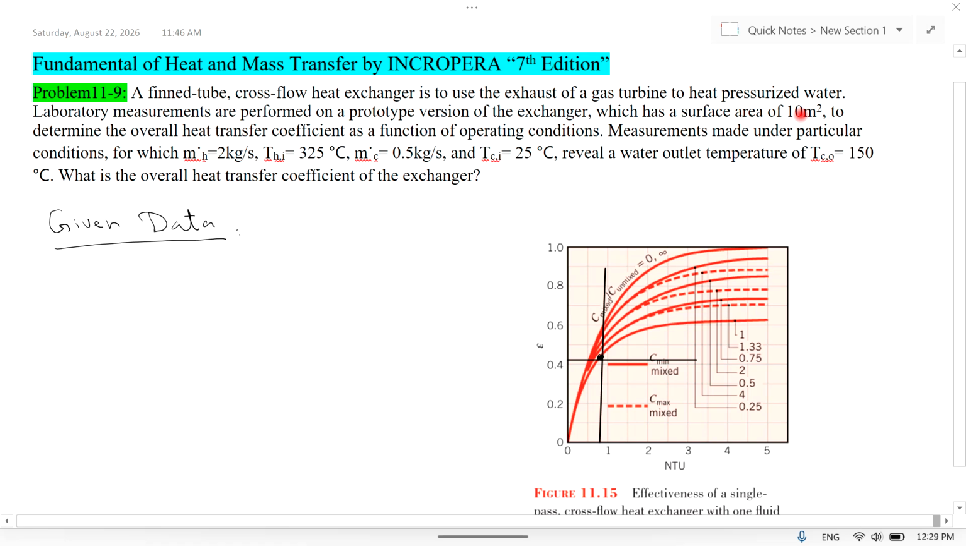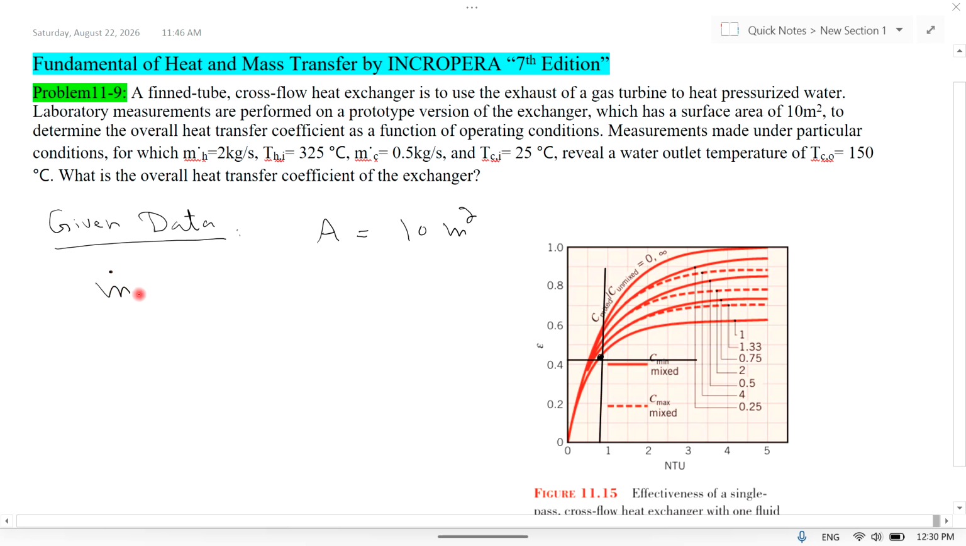It means that we know the exhaust from the turbine has a very high temperature and the temperature of the water is low. So we will have to heat the water with the help of the exhaust of the gas turbine. Preliminary measurements are performed on a prototype version of the exchanger, which has a surface area of 10 square meters, to determine the overall heat transfer coefficient as a function of operating condition, with measurements made under particular conditions for which